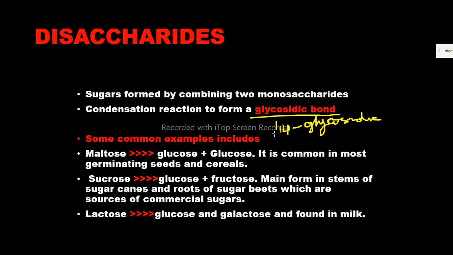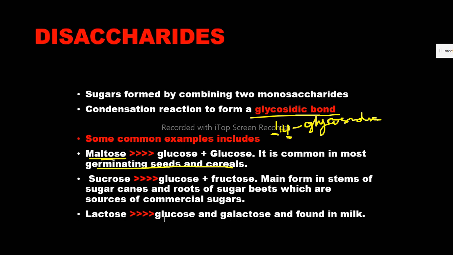It is condensation between carbon 1 and carbon 4, and we gave some examples where we saw maltose, and we say that it is formed by condensation of two glucose molecules,